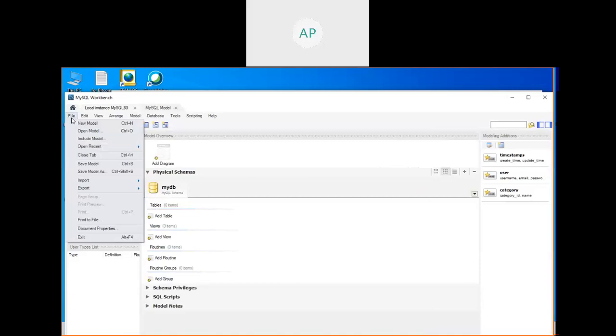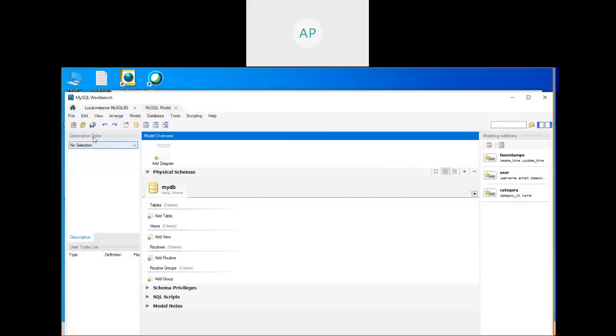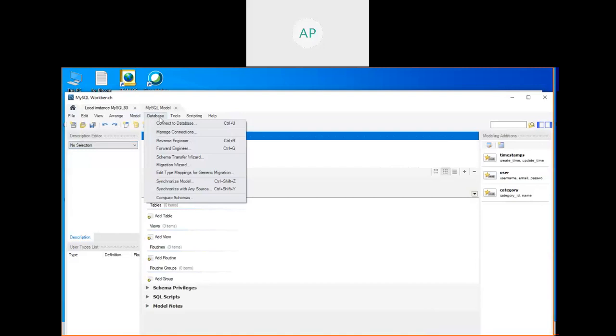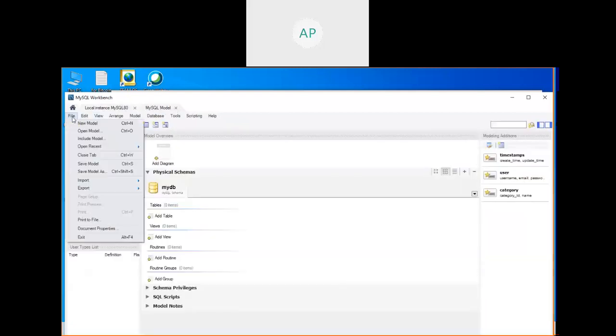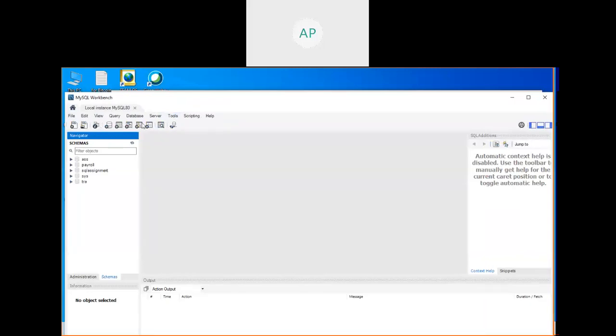Actually, here you will create a file. Just a minute. Go to database and connect to database or local instance. Okay, here, see here. Open a SQL script file. This one. Okay, this one.